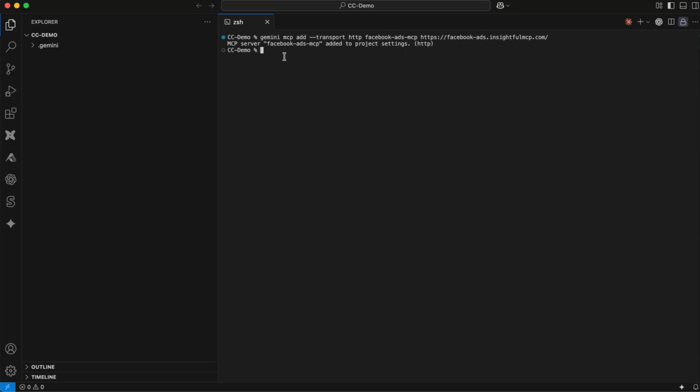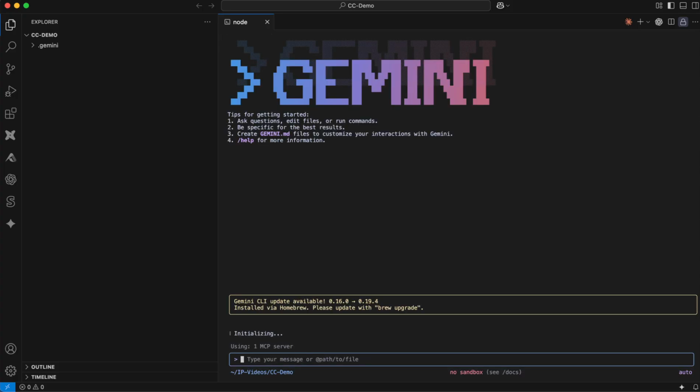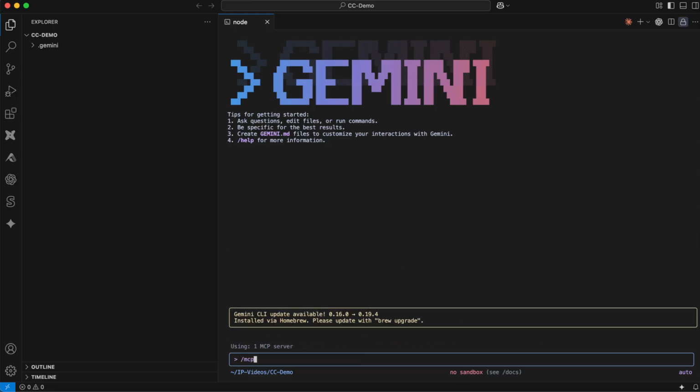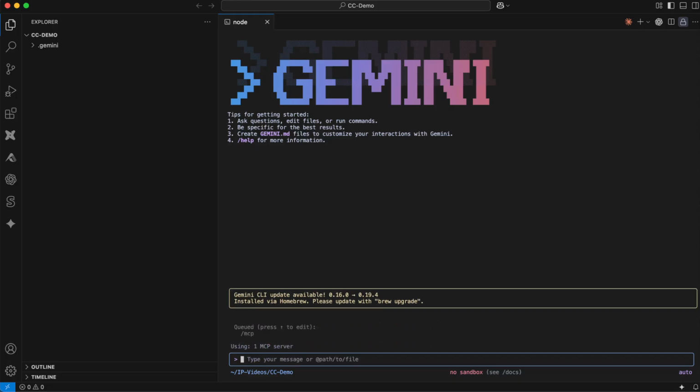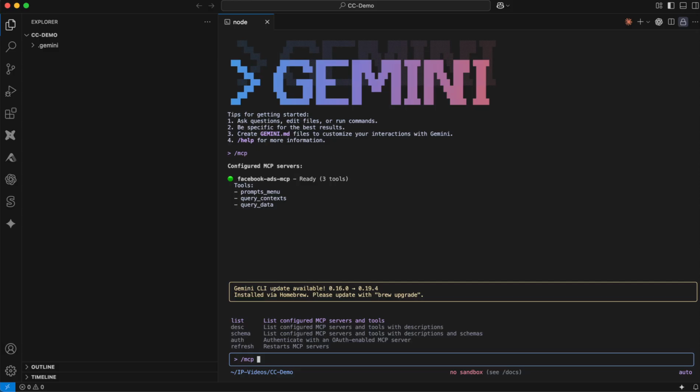Now let's launch Gemini CLI. I'll type gemini to start the CLI. To verify the MCP server is configured correctly, I'll use the /mcp command. You can see the Facebook Ads MCP server is ready with 3 tools available: Prompts menu, Query context, and Query